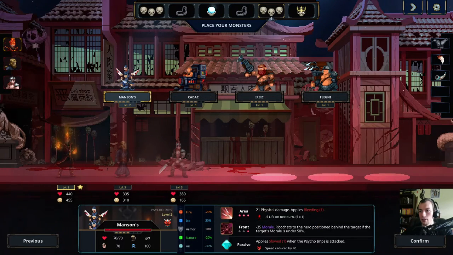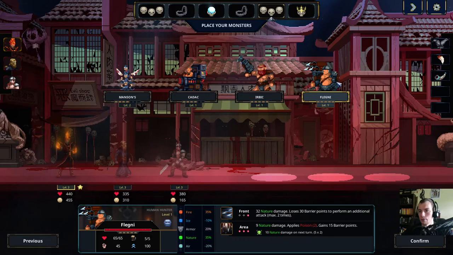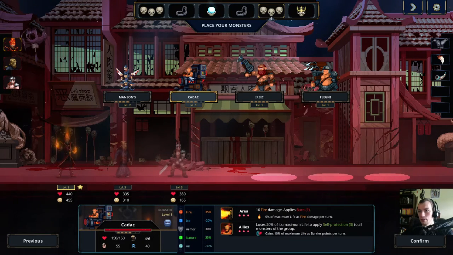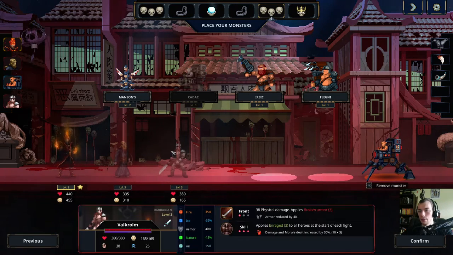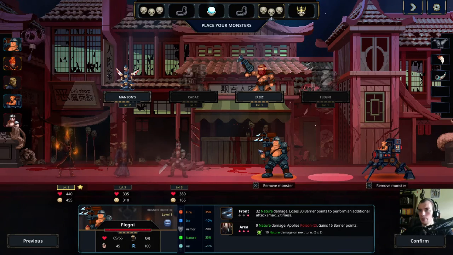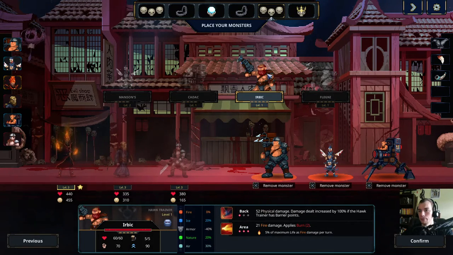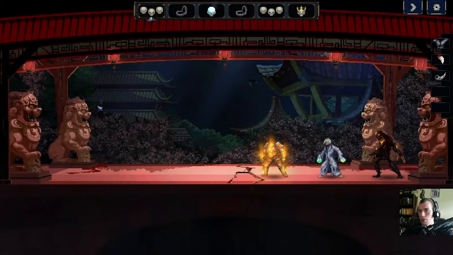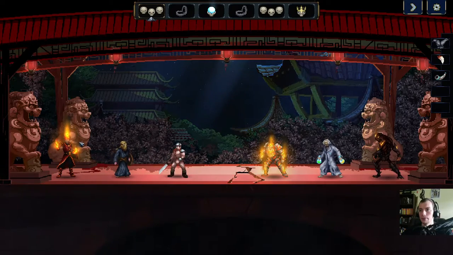Alright, fire and air. Oh, we're in trouble here. Probably has to be this guy, because he just at least has decent health. Guess you're going in the front and you're going middle. I'm worried about this one. I mean, it is a champion fight. It's supposed to be scary, but...